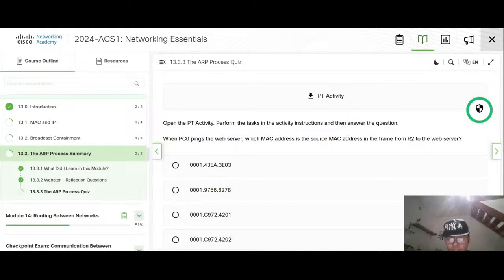So the thing is that we cannot see this. Is it 841? Is it here? Okay, it's locked, for some reason.